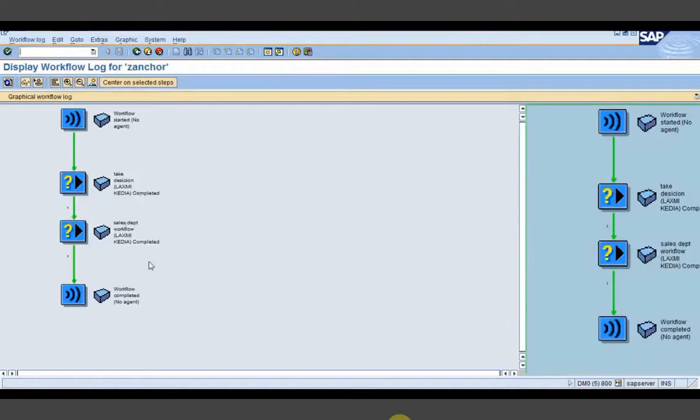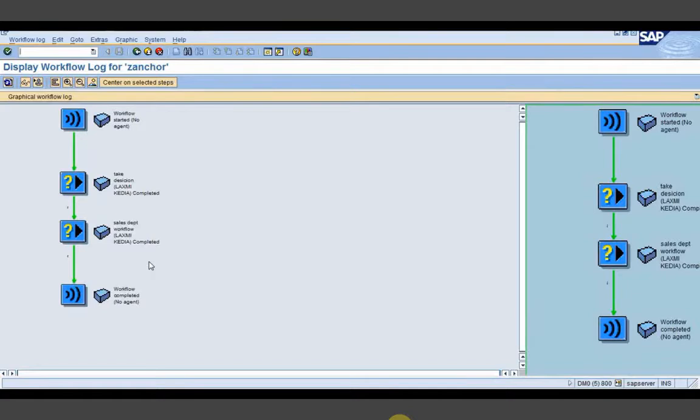So this is how the user can decide which workflow should be executed next. Suppose you have the options to choose among 4 or 3. You can just give him the options. The manager of the company or the partner of the company can choose among those workflows and decide which step should be executed next.